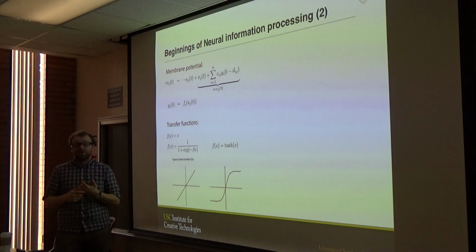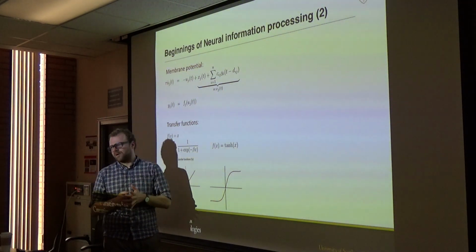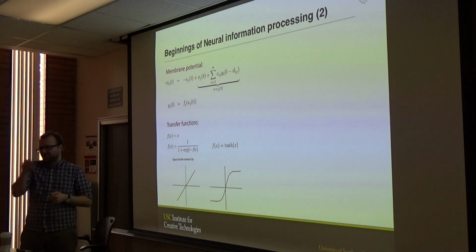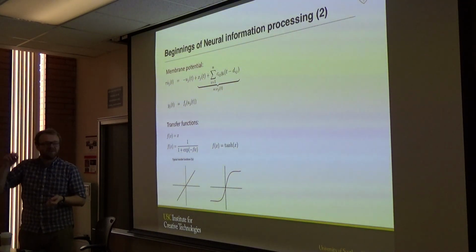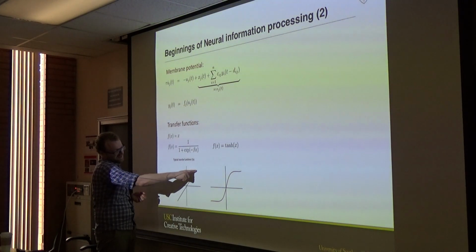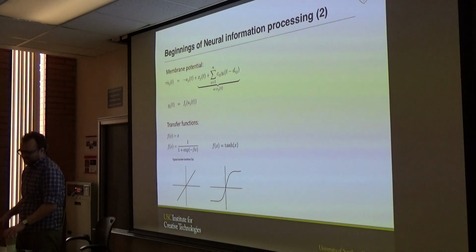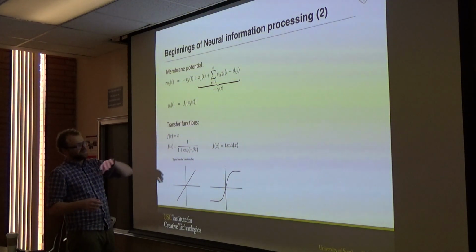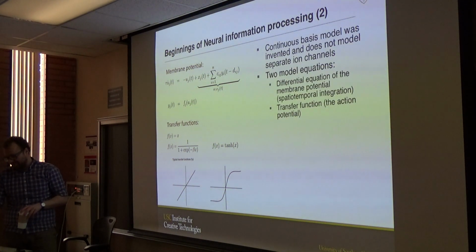Then there's also a new one that people often use nowadays in deep neural networks, which is called the rectified linear unit, which is 0 until you reach a threshold, and then it's the value. So it's first 0, and then maybe you reach the threshold here, and then it becomes a linear function. That's valid as well. There are many, many different types of transfer functions, and here are just a few of them that we will use. All right, so we talked about this,